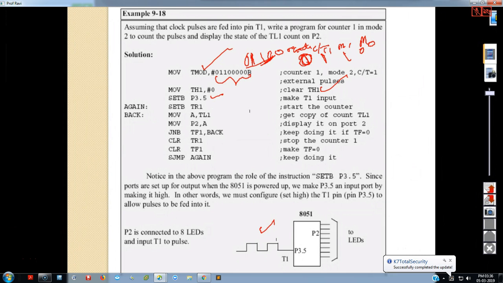This is what I clearly explained. So I repeat, 8051 port pins, when initialized, are initialized as output ports. Now I am giving my pulse here on P3.5. That means I have to read these pulses, so I have to configure this port as an input port. If I want to configure the port as an input port, then I write SETB P3.5 so that it will be configured as input. Then run the timer